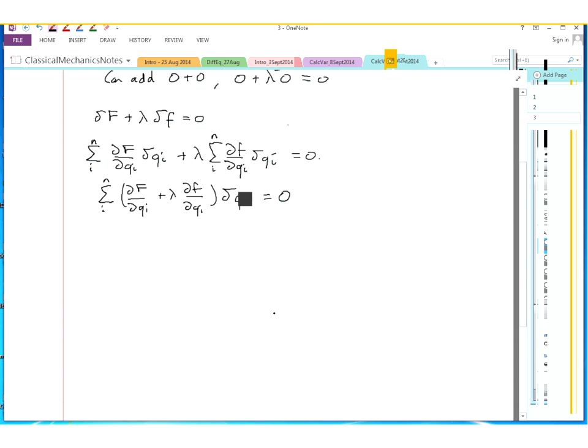We said that no matter what choice we make of alpha in all coordinate directions, this sum has to be 0, and that can only be true if each of these terms is individually 0. So for the unconstrained case, recall,